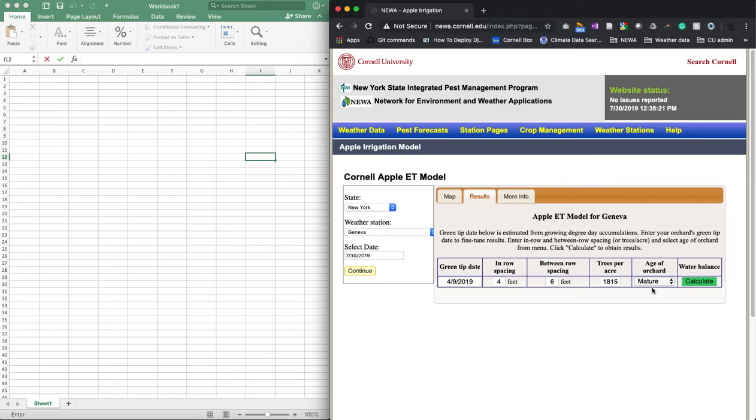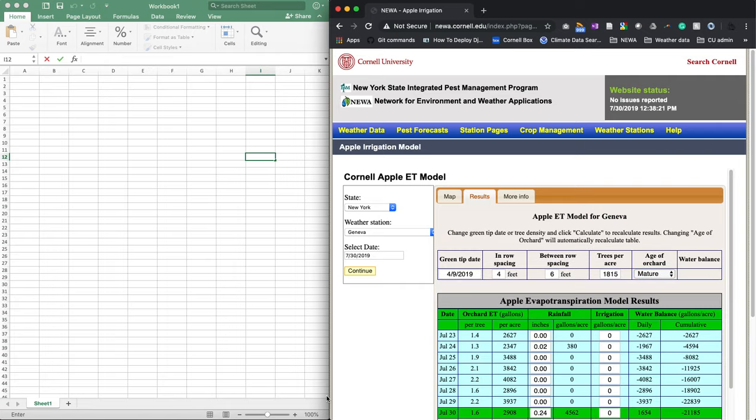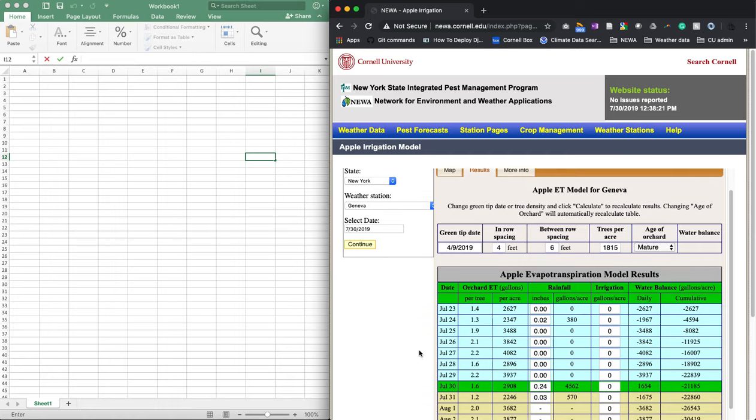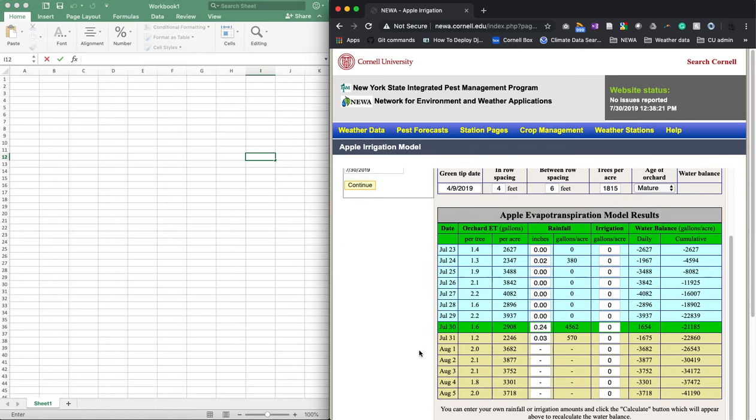Another important part is to provide the age of your orchard. So we have this broken down into 5 categories from first year planting all the way through a mature orchard that's greater than 4 years old. So for this demonstration, I'm just going to use mature. So once you have this information in, you're going to hit calculate. And what's going to happen here, I'll just scroll down a little bit, is it's going to give you this